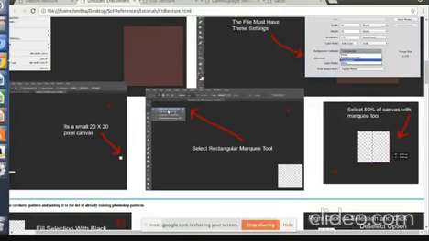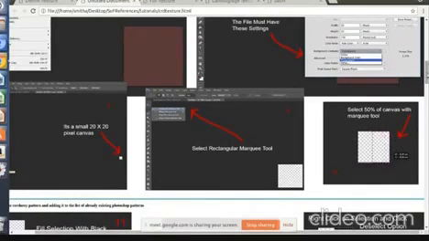You have to select the first option, rectangular marquee tool, and in the canvas, drag and select only half of this canvas. This is the canvas. I have not made the selection for the entire canvas. It's only 50% I've selected. If you notice here, only this much I've selected.